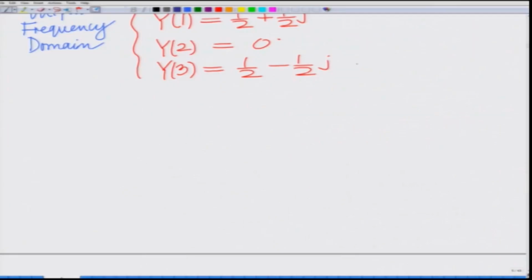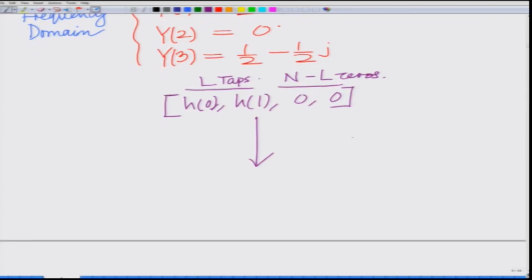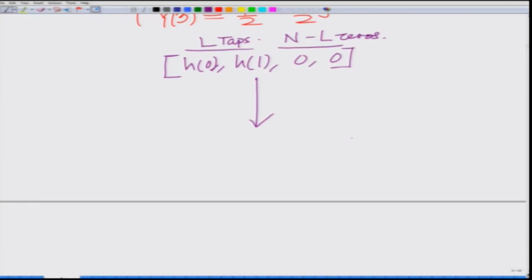So, you take your 0 padded channel taps, that is H0, H1, pad them with zeros, that is n minus L zeros, you have L taps, which means you are going to have n minus L zeros for a general scenario. In this case, L equal to 2, so you have 2 taps, and n equal to 4, so you have 2 zeros, and you take the 0 padded n equal to 4 point